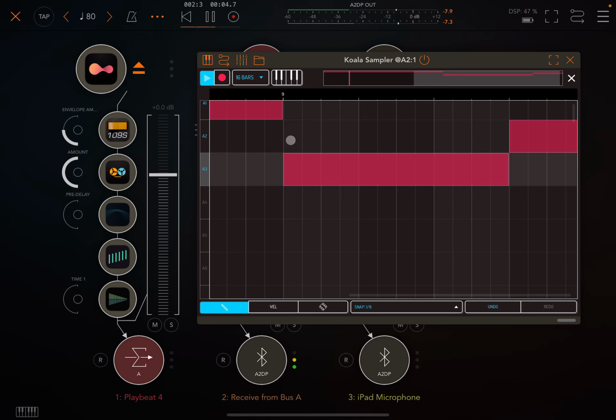So this is just one way to do your drums. Of course, you could chop these drums up and play them back in fragments, pieces. Just whatever you prefer. The only thing is, because we can't skip ahead in Koala,